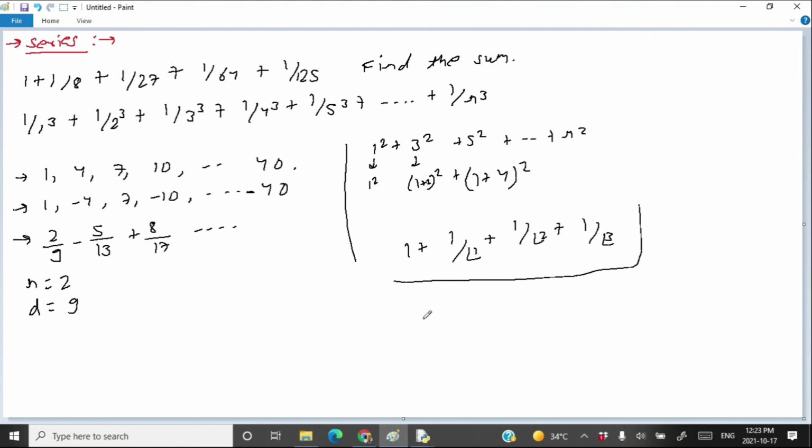I think to calculate it, initialize the value of sum as equal to 1. Just initialize sum with 1, and we are going to ignore the first term of the series because we have initialized our sum with that value. So actually our series is starting from this term.